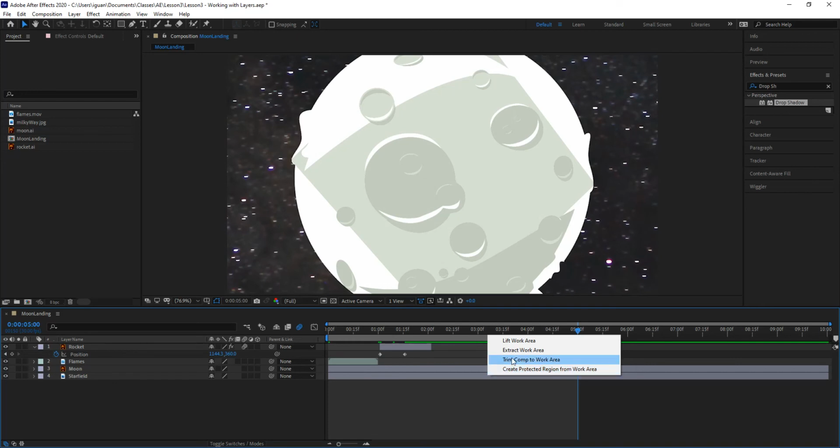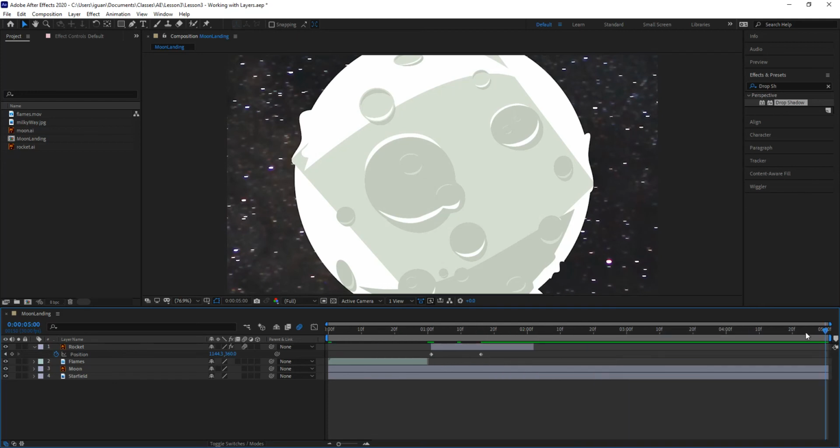So right now I just want to trim the work area, and when I do that, you'll notice that now I have the 5 seconds of animation that I had set up with my work area, or 5 seconds of timeline, and basically my work area has been trimmed. So this is the way you trim layers, and well, trim layers you saw in the previous video. This is the way you trim the actual